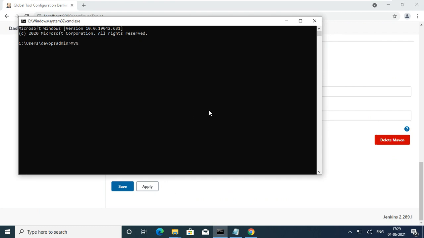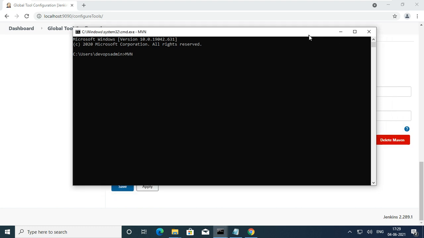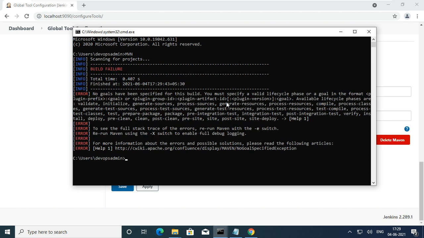Okay, now I type MVN. Maybe I have to give small letters or capital letters. It's not throwing an error immediately, it is waiting to throw the error. It will take time. Yeah, something it is showing, right? So that's very good.